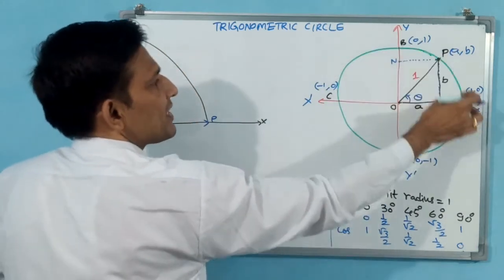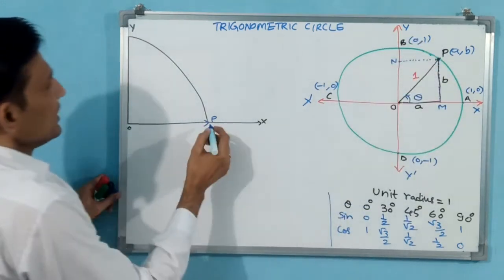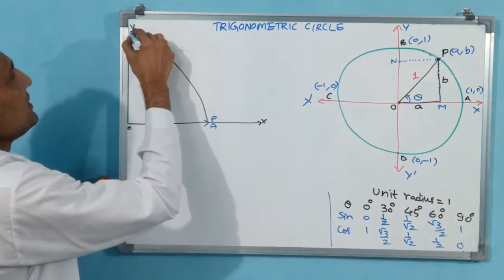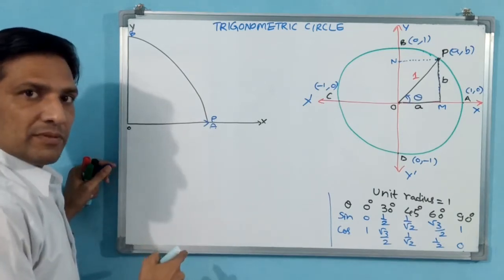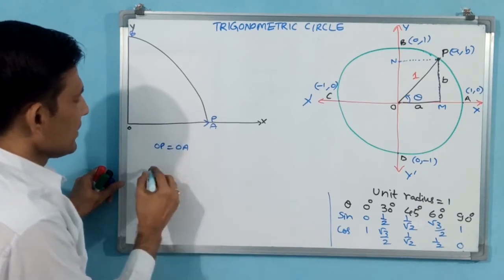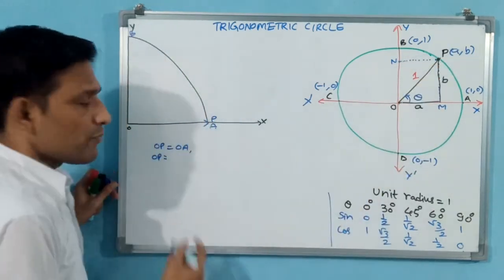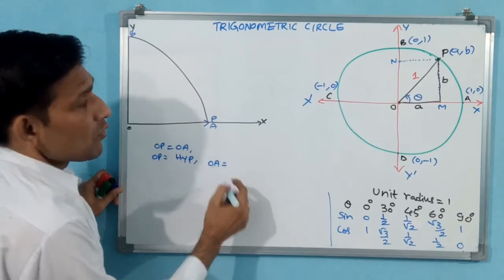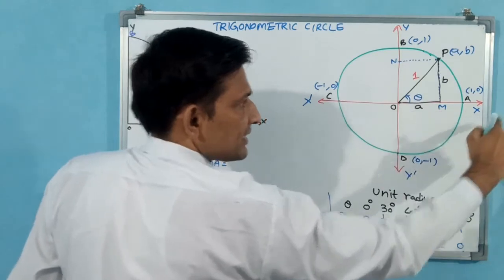You can rotate this P on the entire circle, this side also. But we are going to rotate from A to B only. Now, here A and here B also is there. Okay, now OP has become OA. You write OP is equal to OA. What is OP? OP is hypotenuse. You write hypotenuse. What is OA? OA is OM only, na? See, adjacent side, this is OA.